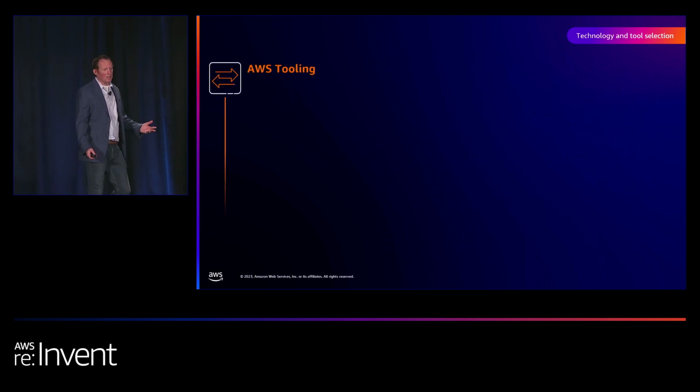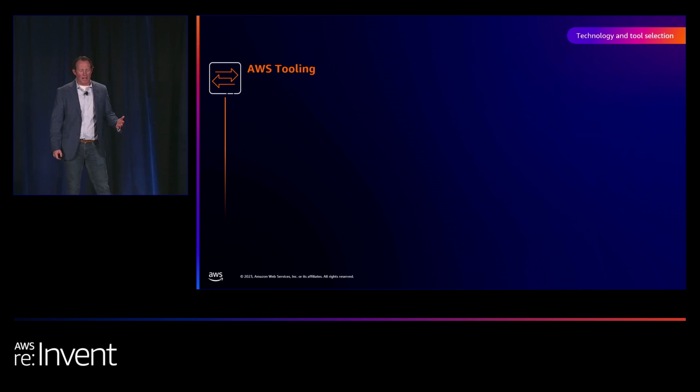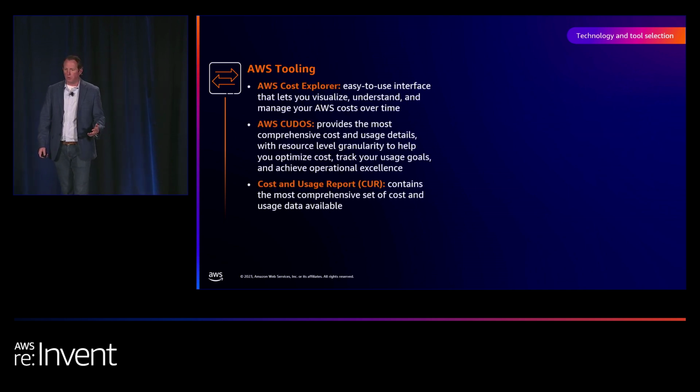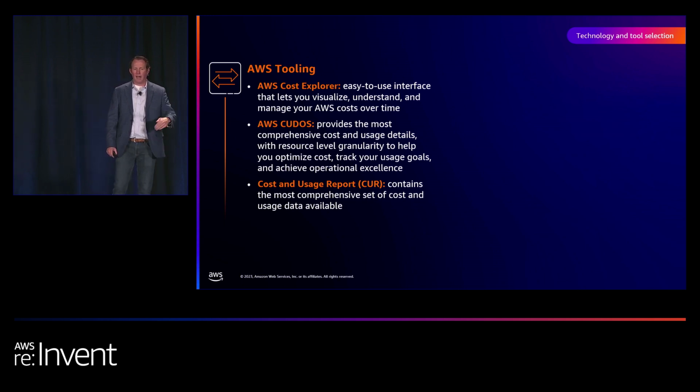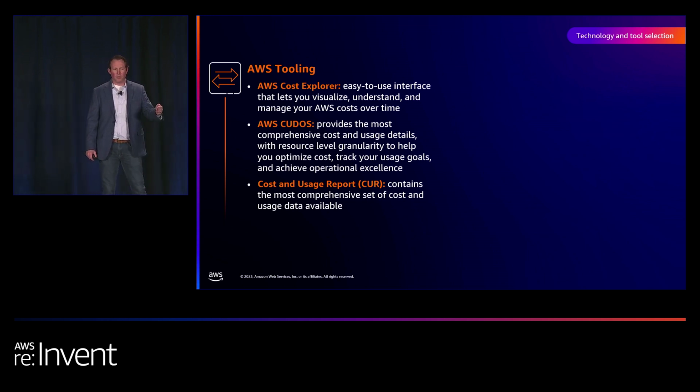So tooling. Tooling's a big question as you go through this. Obviously, AWS, I just put the top 3 kind of tools that are out there. If you've leveraged AWS, you likely have leveraged these 3: Cost Explorer, Kudos, and the CUR file. CUR is kind of the base level data, and most people love to ingest that and leverage that in a base way. But there's also a lot of reporting that if you wanted to leverage Kudos and Cost Explorer, there's a GUI interface you can easily leverage as you go through that. But most customers aren't just only on AWS. So this tooling, while AWS is leaning in more to try to make multi-cloud more of a consideration through this, there's still room for growth in that area.